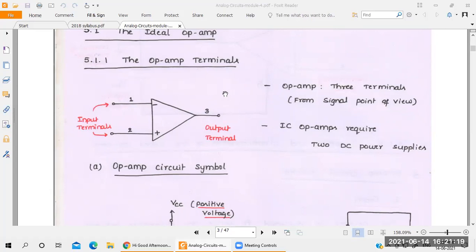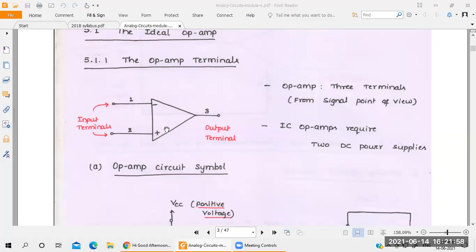Next, you take output here. Okay, output means they take a single output here. That is terminal number 3. So here they have taken difference in signal. For this op-amp, what they have taken here? Difference in signal, because the signs are different here, negative sign and positive sign. That's why here you can call it a difference in signals. Terminal number 1 and 2. So this op-amp, there are 3 terminals here. 1 and 2, 1 for the negative, 2 for the positive, 3 for the output.